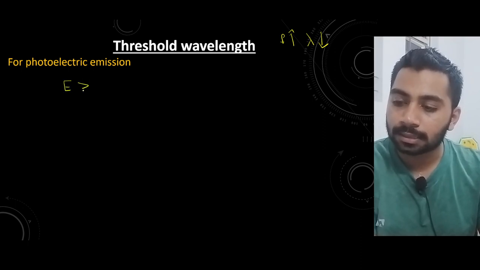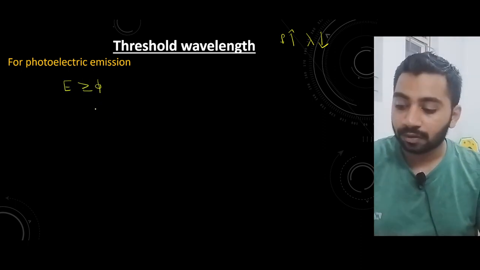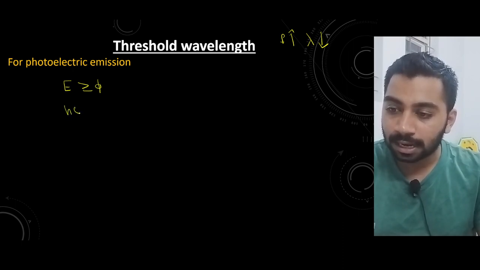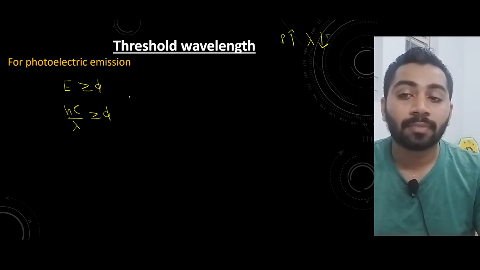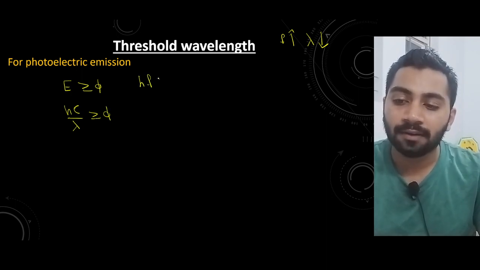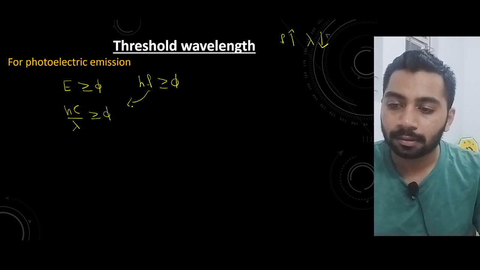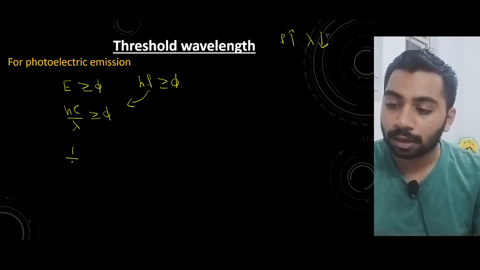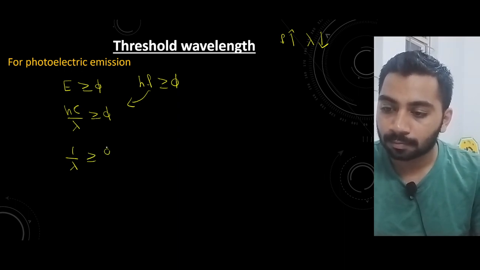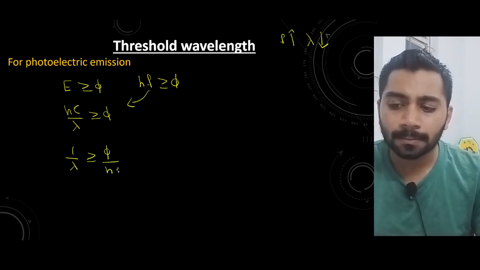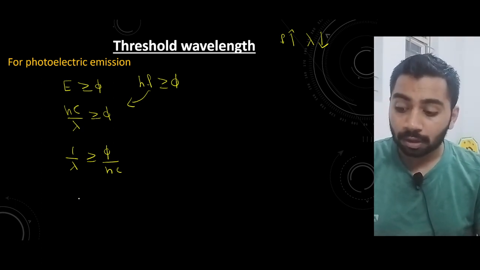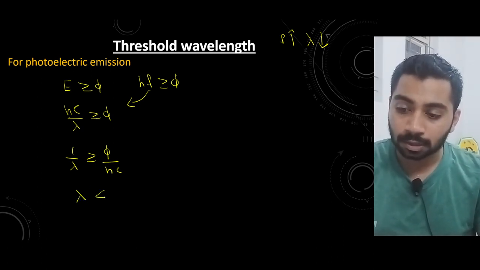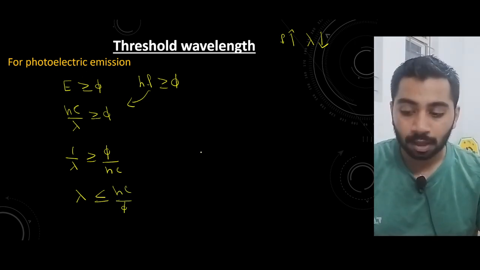E is this condition we know. Now can I write this like this? Yes, I can write. First h by f it will come. I am discussing only about wavelength. So can I write like this? Yes, I can write like this. Now if I want, I can write like this also. Yes, shifting gives me this.